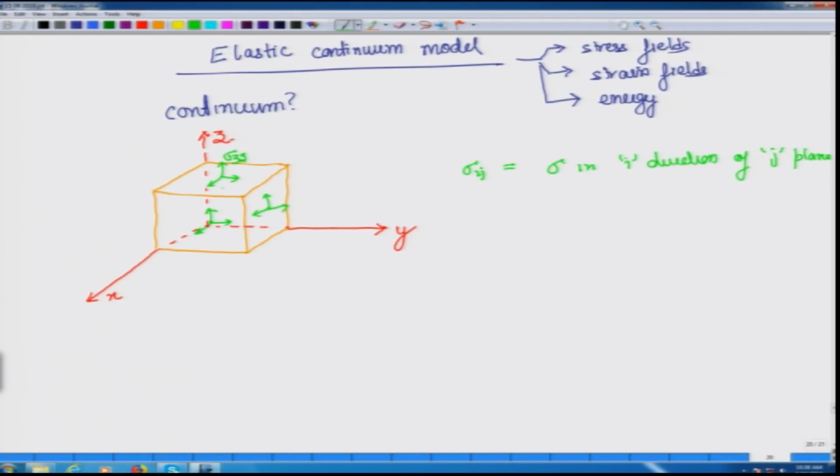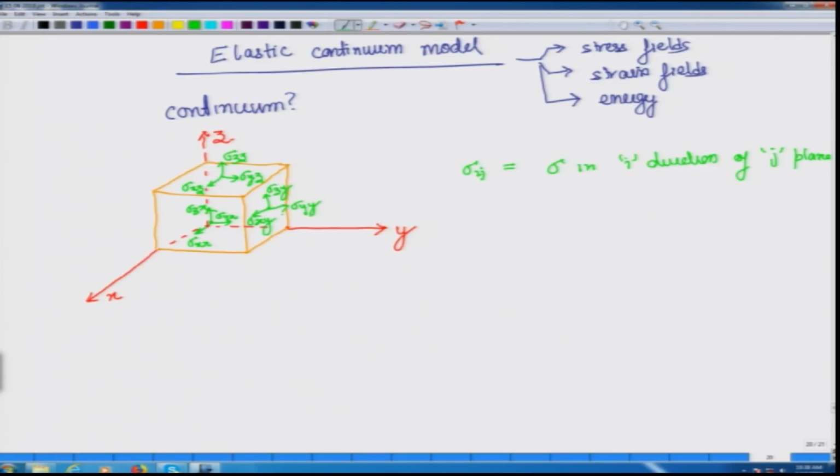Now, this is the z direction, but we are going in the z plane and y direction. So, this will become sigma y z, and this becomes sigma x z. Similarly, if we go over here, it is sigma x x, it is in the x plane and in the x direction. This is in the x plane going in the y direction, so sigma y x, and this is sigma z x. Similarly, over here, this is sigma z y, this is first actually we should write sigma y y, and this is sigma x y.